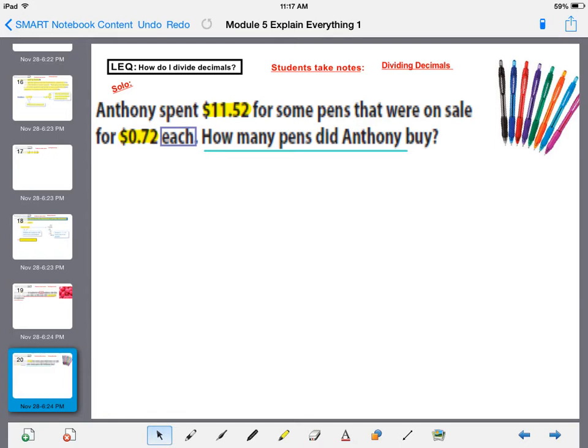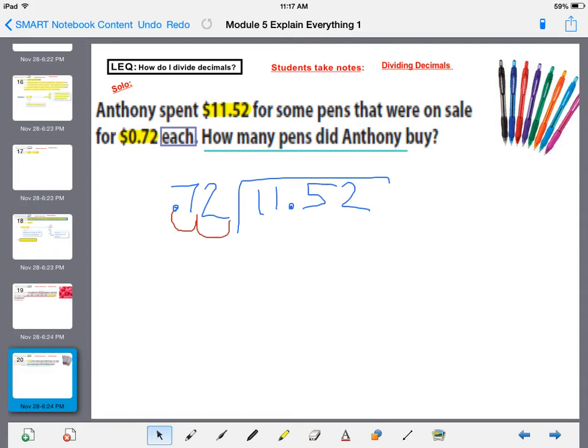Okay, let's go ahead and try another. So Anthony spent $11.52 for some pens that were on sale for 72 cents each. How many pens did Anthony buy? Well, we know that he paid the same amount for each pen. So what we can do is take the total amount that he paid, $11.52, and divide that by the cost of each pen, and that will let us know how many pens he purchased. Now, we do understand that the divisor could never be a decimal, so we're going to move him